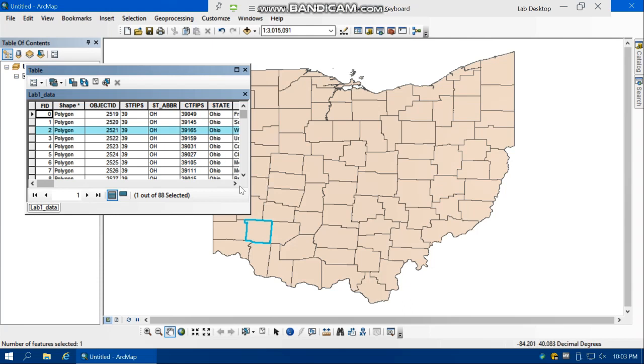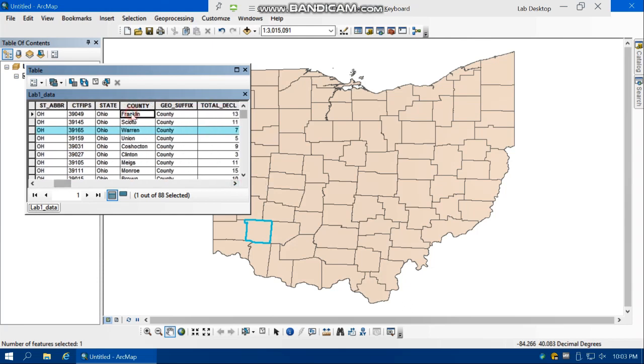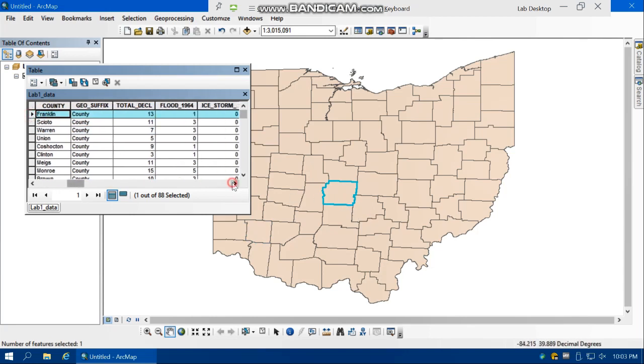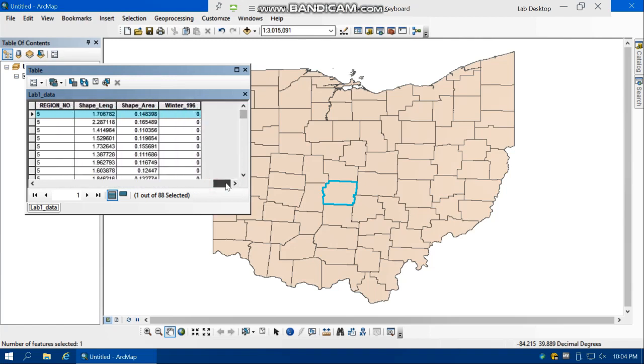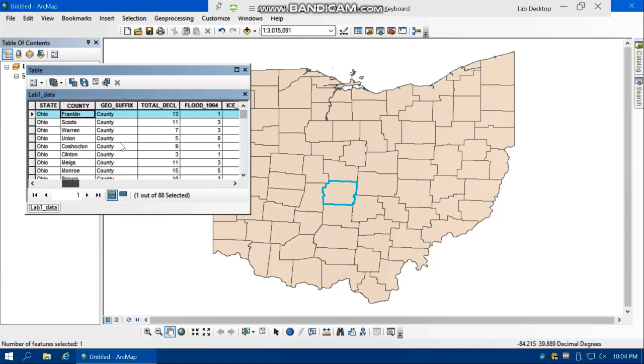For example, for Franklin County, that's here, we can see the number of floods in 1964, ice storms, number of storms in 1964, and so forth. So we have information for Franklin County organized in several fields.